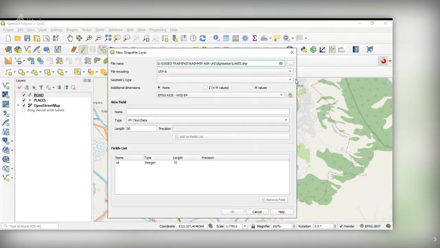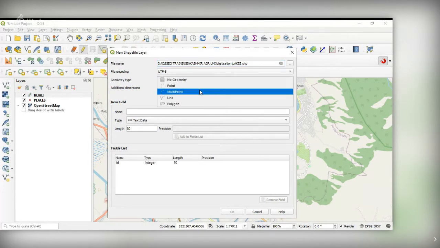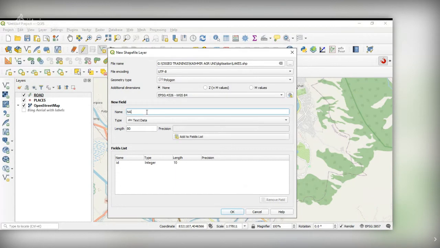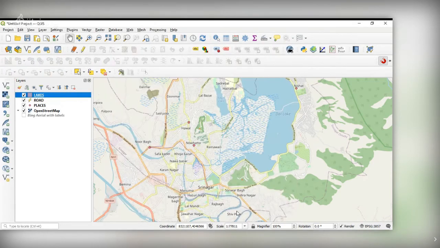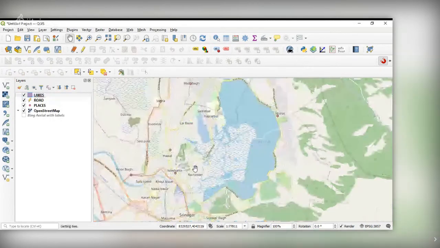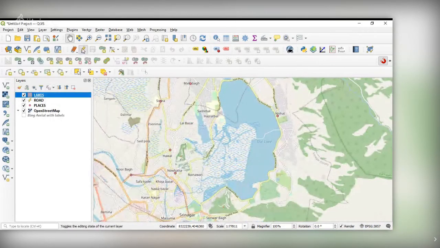Only thing is here the geometry type is polygon. And name of the lake. Add to the text field and say OK. Again, same process. Select this one and make it editable, and you get the add polygon tool. Take this and digitize. Simple.